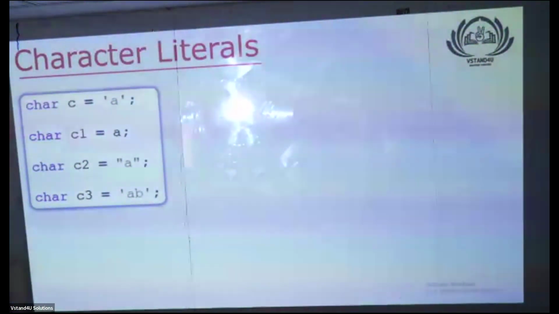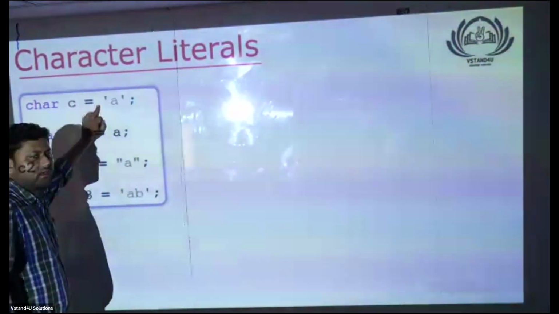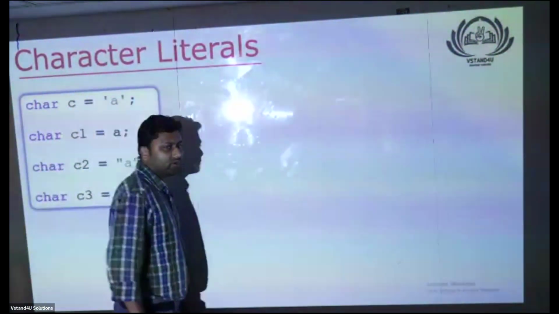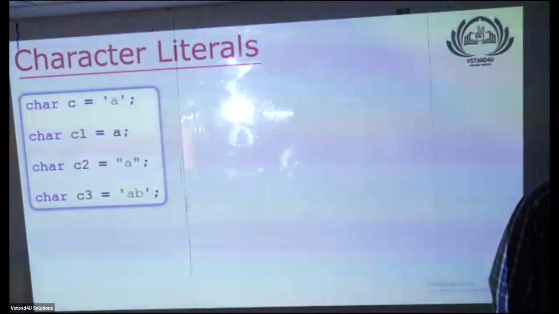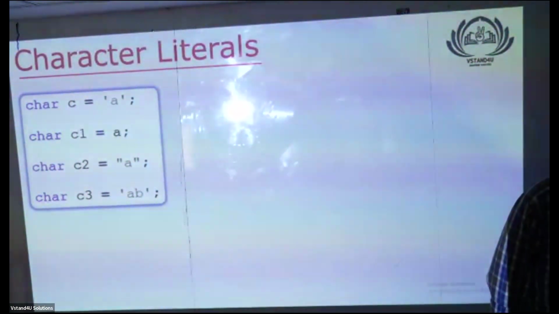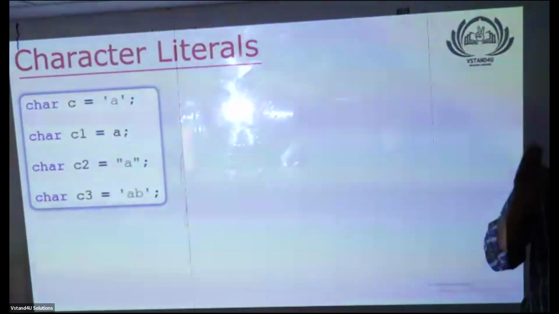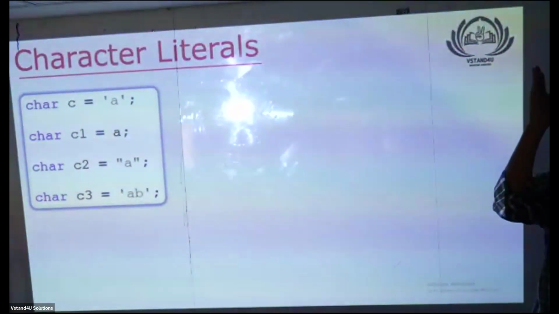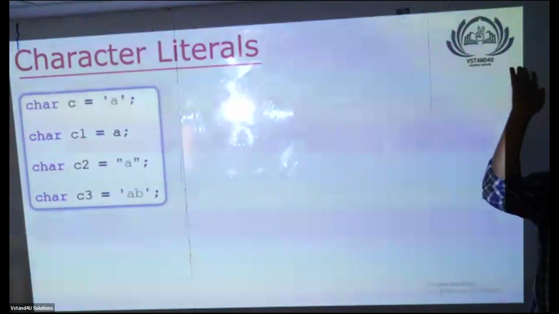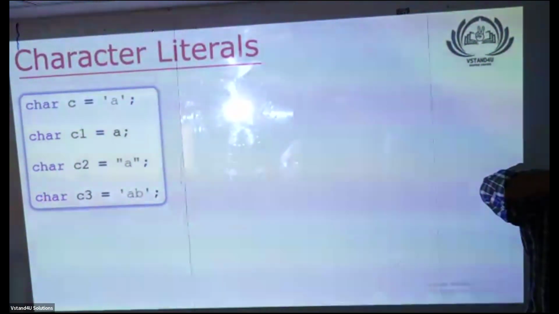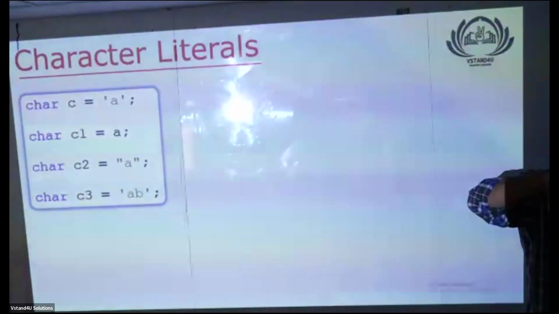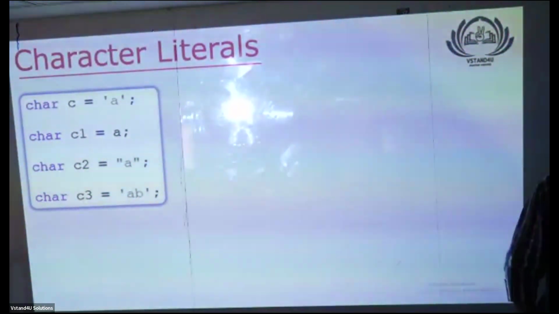Next is first one. Allowed. Very much allowed. No problem. Agree? And did I give some task yesterday with respect to Unicode? Did I give some task with respect to Unicode? Honestly, sir, I checked it. unicode.org. I have actually opened the website. Then I ask something. Didn't open. None of you have opened even one website.